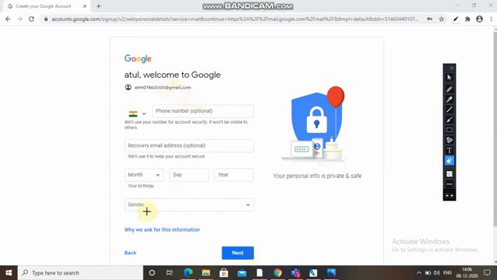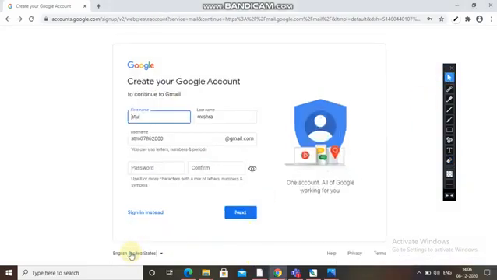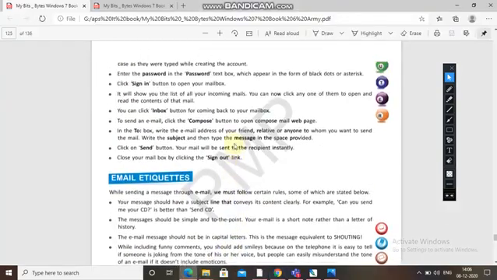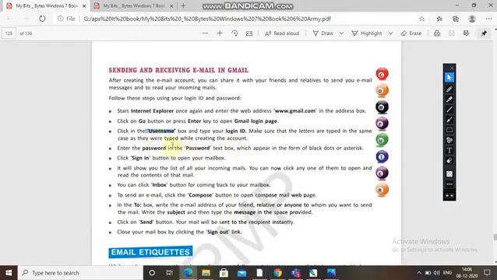Okay, so I don't want to create one because I already have an email. So by this you can create your Gmail ID. Okay, and when you have created your account, a login page comes, and you can directly enter your username and password, and then click on sign in. Okay, so that will open your Gmail account.